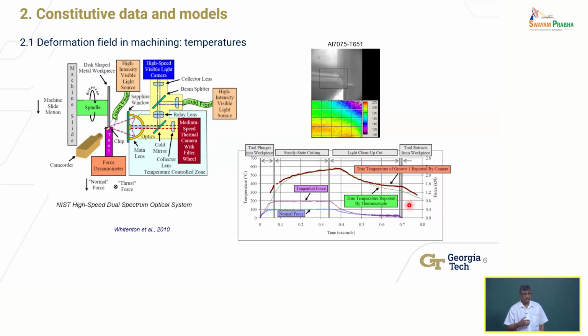What am I interested in? I'm interested in the temperature throughout the deformation zone, everywhere, including in the tool as well. That's really what I need to know, frankly, if I want to be able to say something about how the energy that is being dissipated is going. Where is it going? How much of it is going into the tool? How much into the workpiece? How much is being carried away by the chip? How much is being radiated or convected away into the environment? All of those questions to answer are not simple, and only measurements can help you do that. That's not easy to do, but people have been able to do some of these types of things.